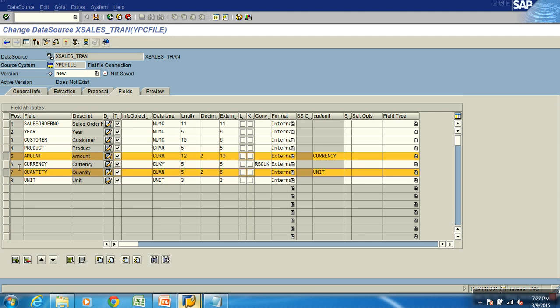This is the transfer structure. When you go to the fields tab, it will give you the transfer structure, which will tell you what columns are coming from the source and in what sequence they are coming. Suppose someone says, boss, they changed my file, what should I do, boss?